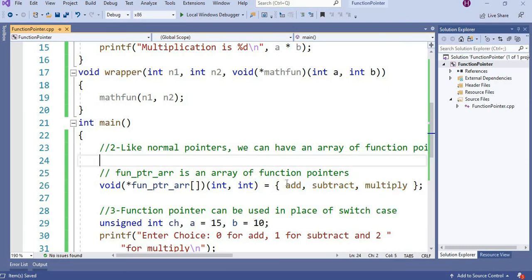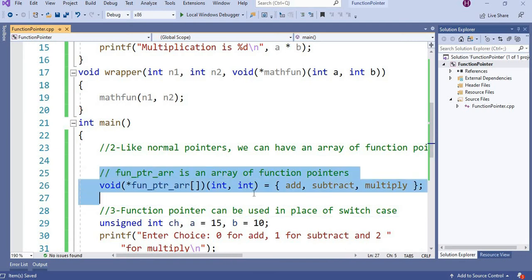If you are not creating an array, you can use only one function, but since you are creating an array, you need to assign all the addresses to the function pointer array. So this way you can create an array of function pointers.